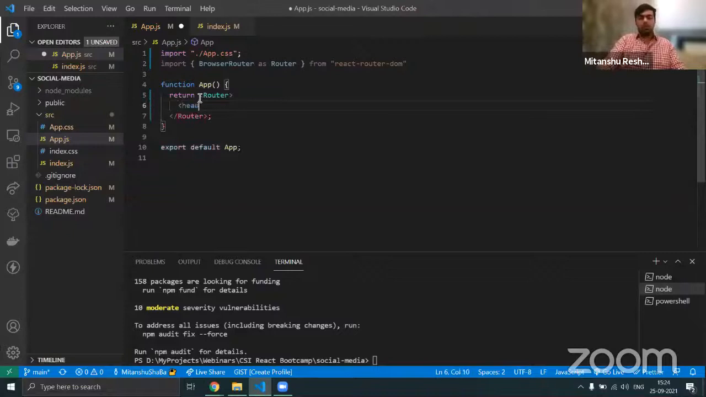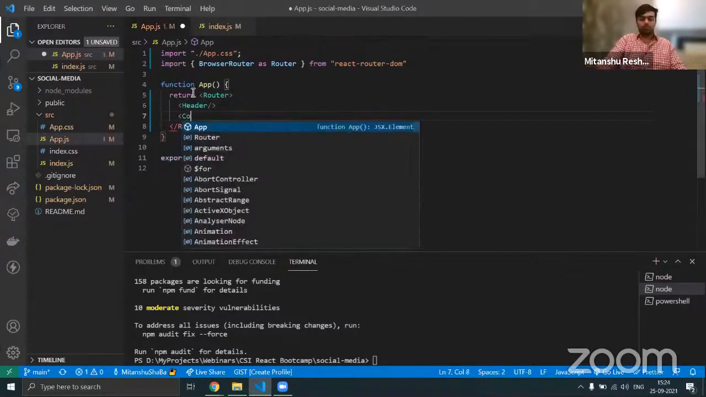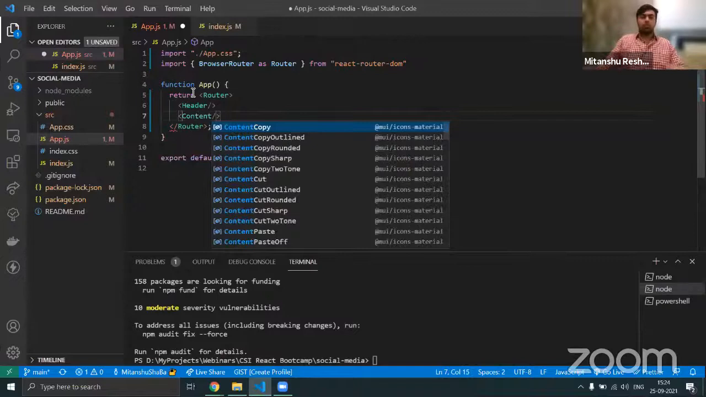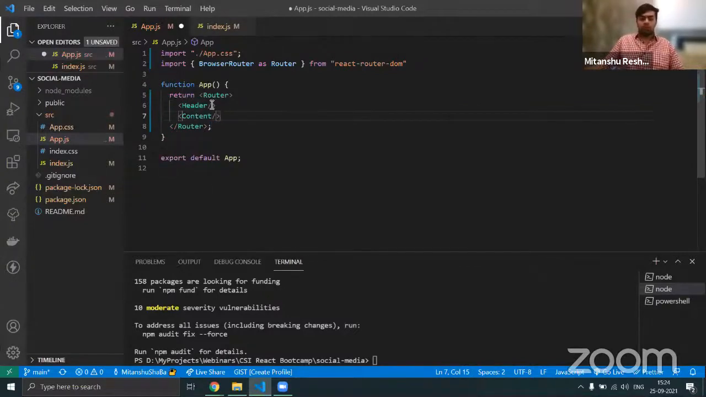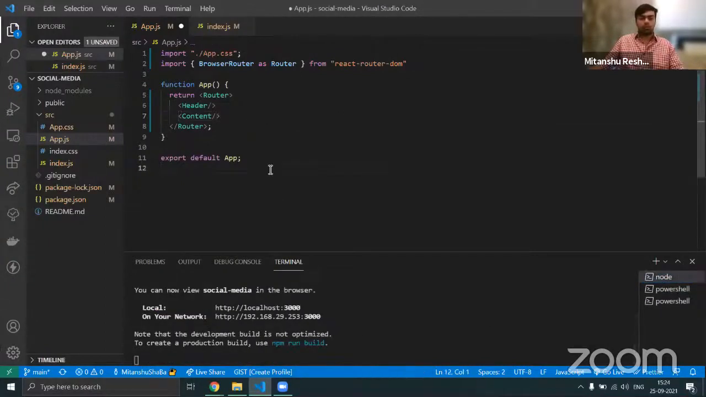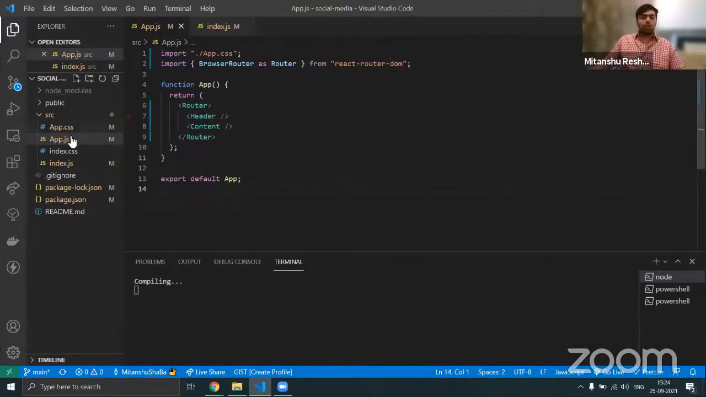Next thing that I'm going to do is create this router over here, and inside this there will be two components, which is my header, and then my main content. This is where all the posts will be displayed. We have not created these two components, so this will give me an error if I save this file. So for that, what do we need to do? In source,